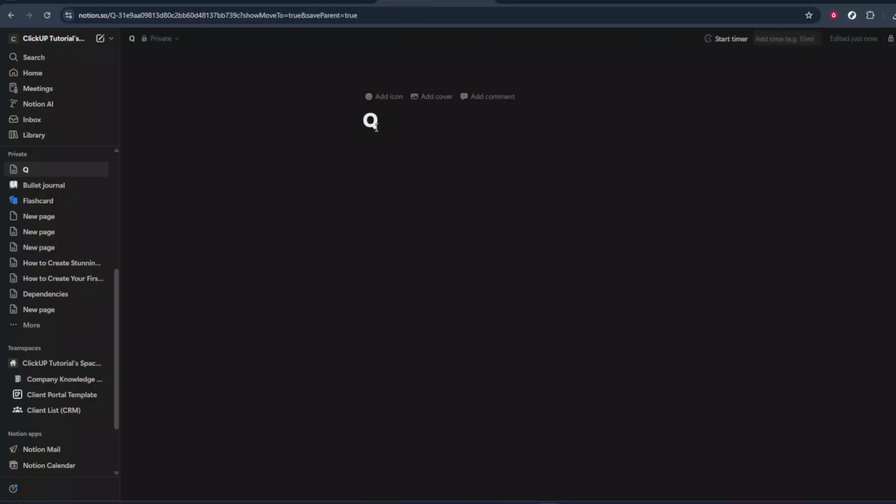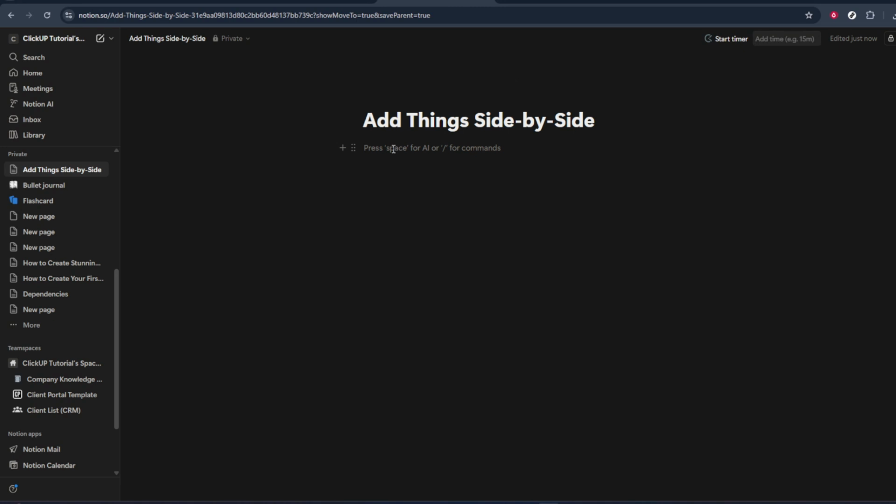In today's video, I'm going to teach you how to add things side by side in Notion. If you've ever wanted to organize your content in a cleaner, more visual way, putting things next to each other instead of stacking them in one long column, this is exactly what you're looking for. We're going to use Notion's built-in column feature, and I'll walk you through it slowly so you can follow along